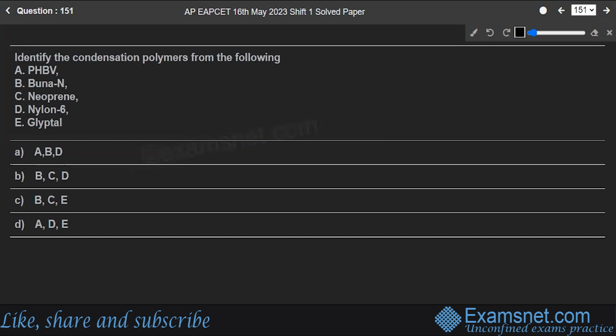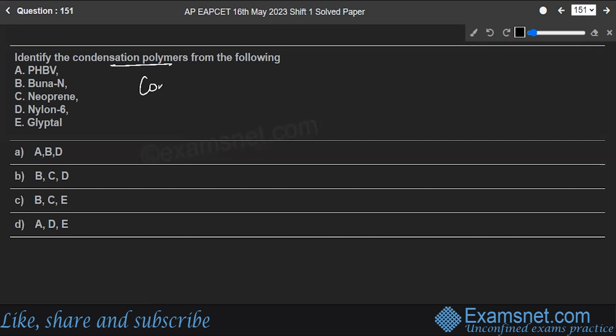You have to identify the condensation polymers for the following: PHBV, Buna N, neoprene, nylon 6, or glyptal. See, the condensation polymerization involves this repetitive condensation reaction between bifunctional or trifunctional monomeric units. Thus, among the given polymers,